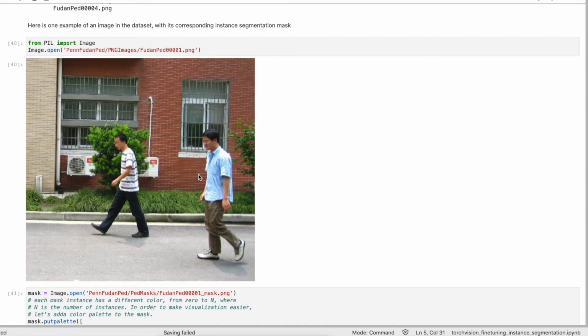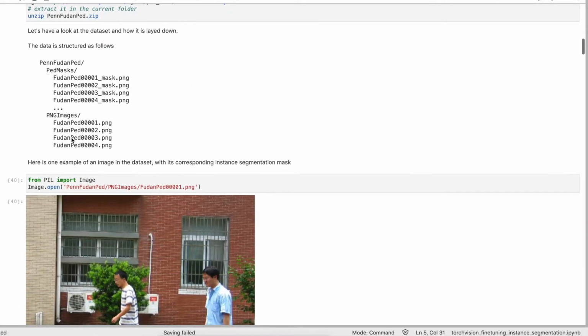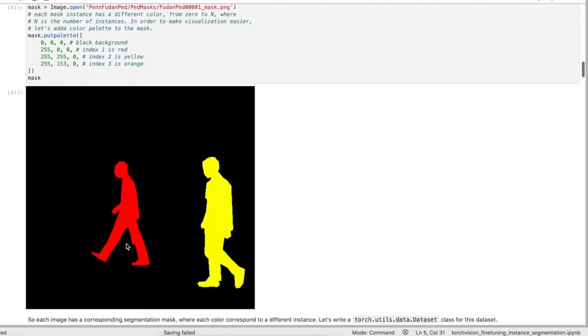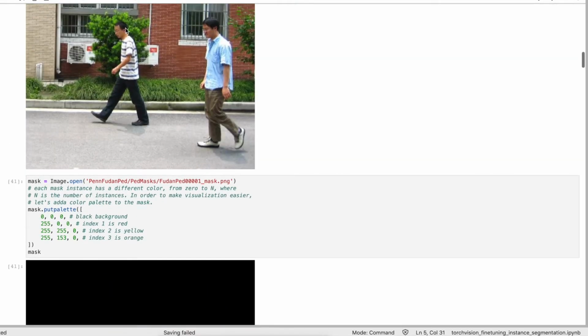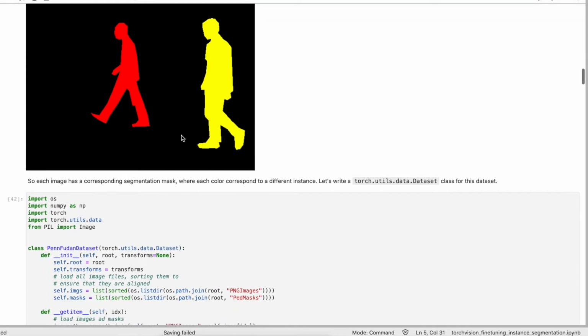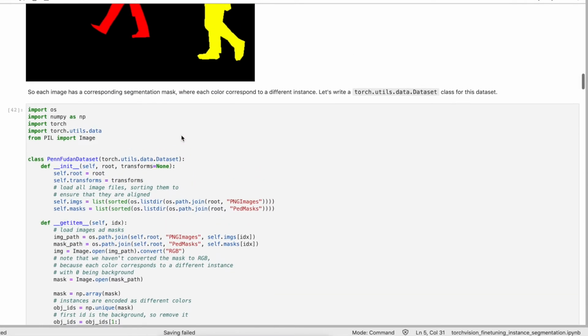This is the original image, and this is the mask image. There are two instances, instance 1 and instance 2, so there are two pedestrians and two masks. And here I am trying to create a custom data loader for PyTorch.